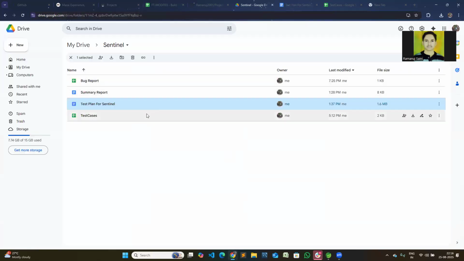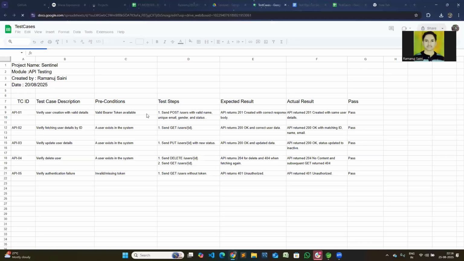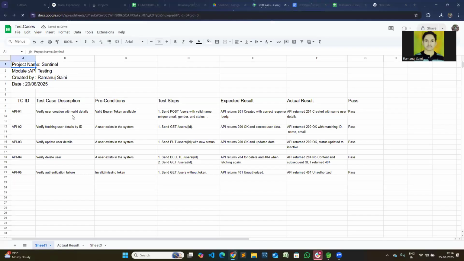Now then we have the test cases. We will verify the user with valid credentials. The user sends a POST request with a valid name and unique email, Gmail. Then the API returns 201 as the code. It means that the test case has passed.